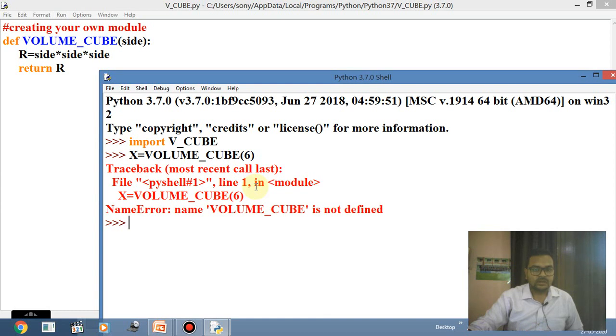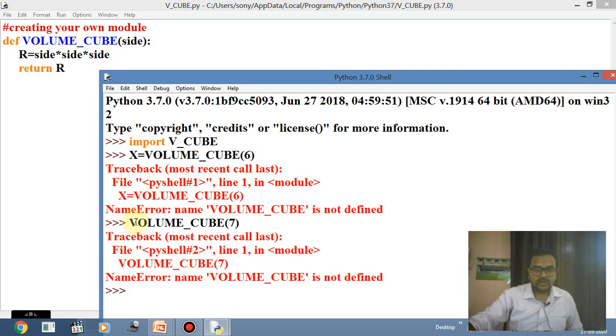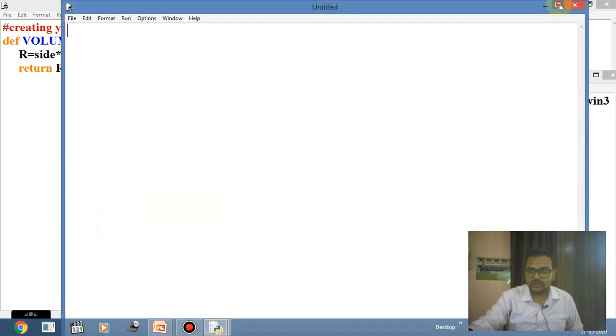Okay, then we'll check how this name volume_cube is not defined. So I'm going to use v_cube.py, then x. Again I'm going to run this program. So volume_cube and I'm passing 7 as an argument, and we'll see. Okay, one error is coming over there, so we'll have another method.